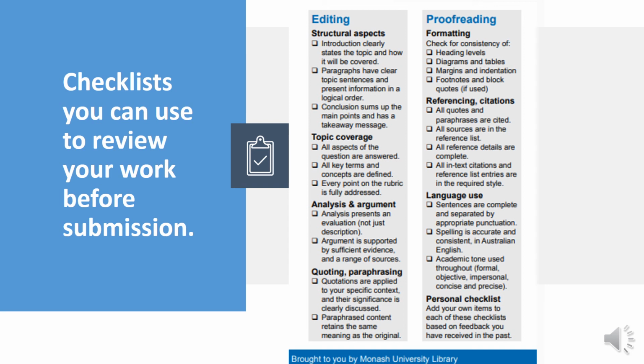All reference details are complete, with proper information in the reference details. All in-text citations and reference list entries are in the required style. If the lecturer asks for APA style, then you have to use APA style. There are many reference styles that you can use, but it is based on what is requested by the lecturer or journal article. Language use: sentences are complete and separated by appropriate